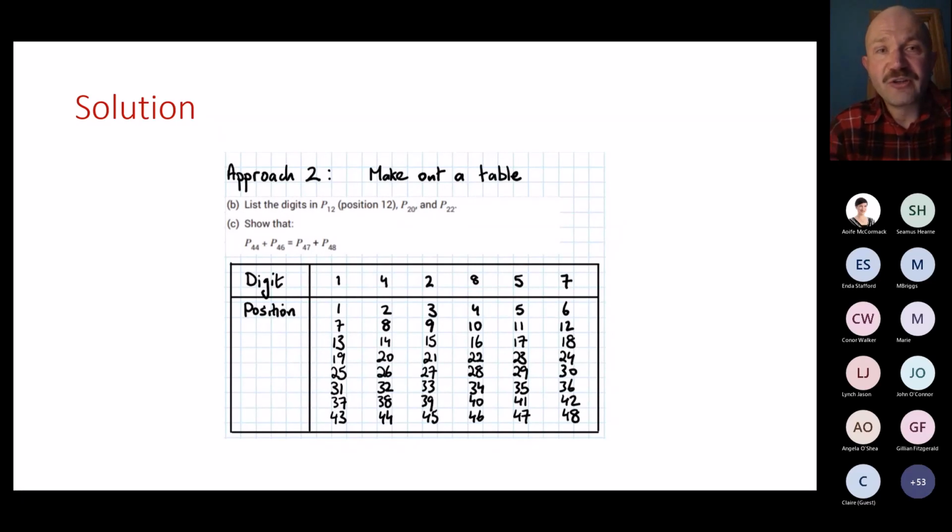Underneath each of those digits they are able to write down the position or the term number that is assigned that digit value. And that would perhaps help students recognize that there is a pattern at play here,